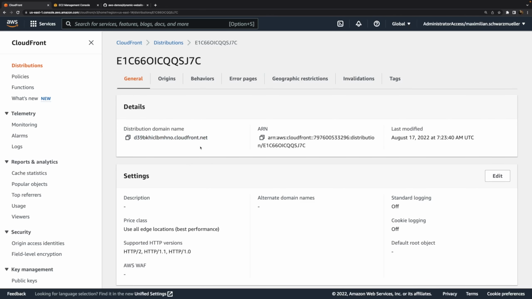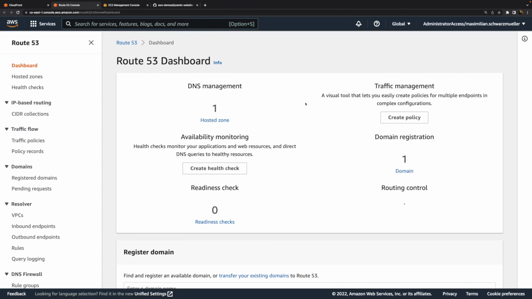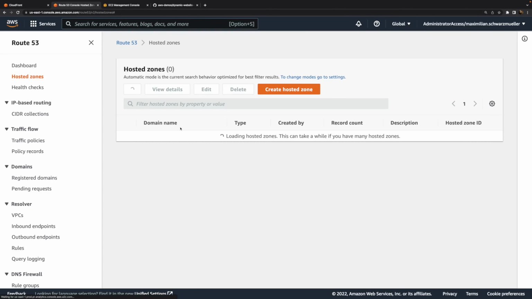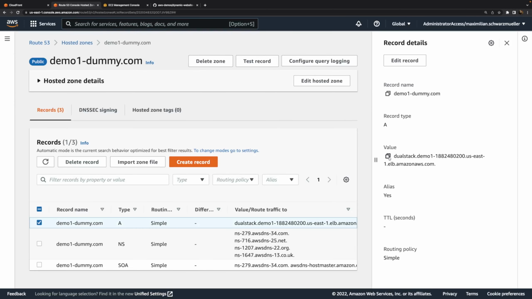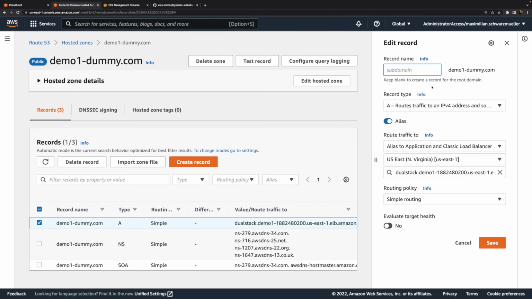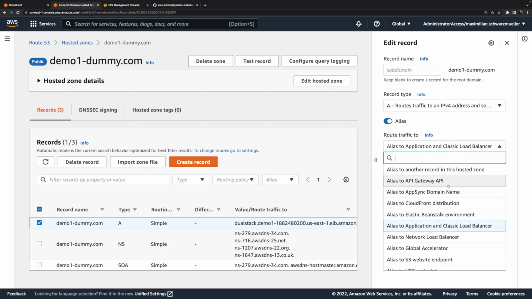As always, we might not want to use this domain name here though, and therefore we can go back to Route 53 and there to our hosted zone and edit this A record, which currently points at the load balancer, and now use this CloudFront distribution instead, because this has the extra advantage of this cached content which is delivered faster to our users than if users directly talk to the load balancer.